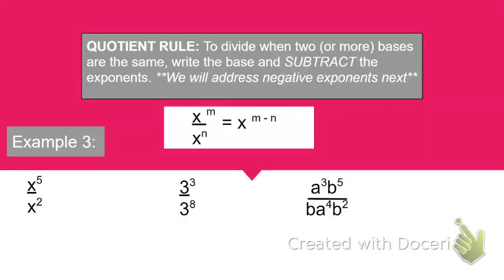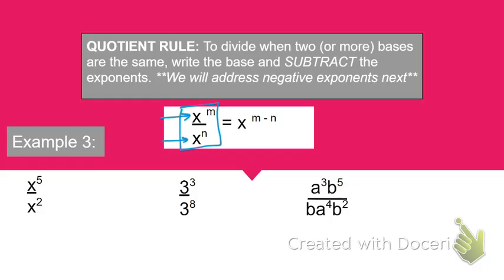Greetings, mathematicians. In this video, we're going to continue our work with our exponent properties. Specifically here, we're looking at the quotient rule, and you can see here that the quotient rule says that if we have the quotient, or a fraction, or the division of two exponents where the bases are the same,